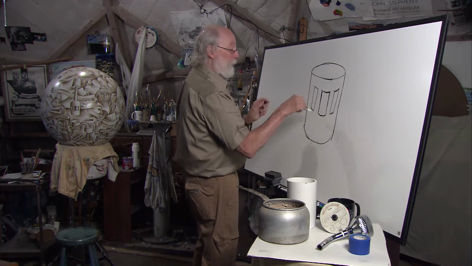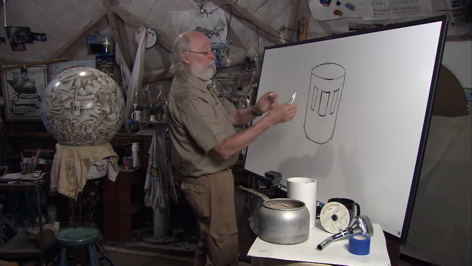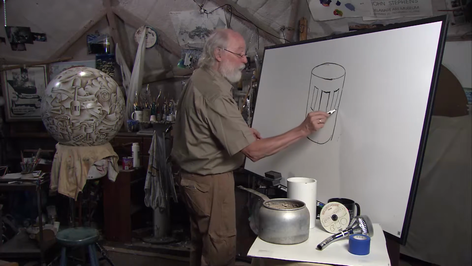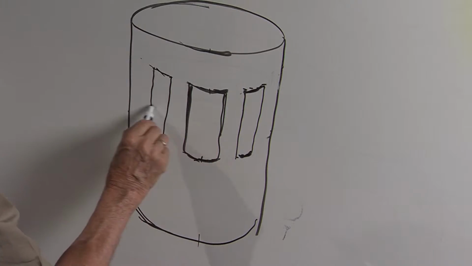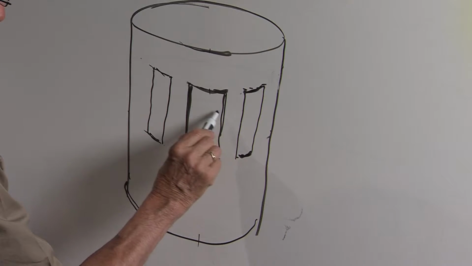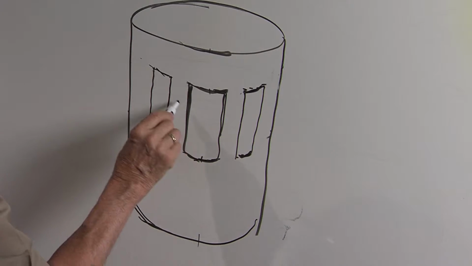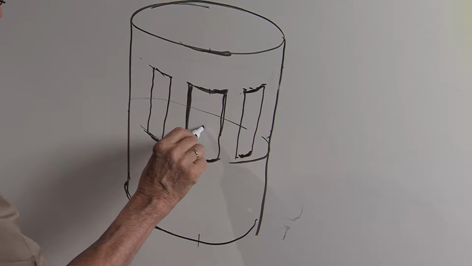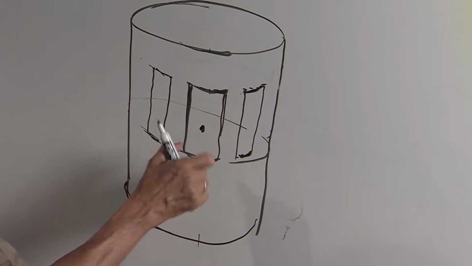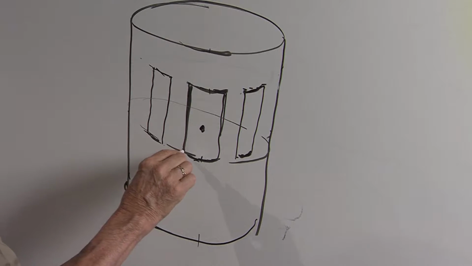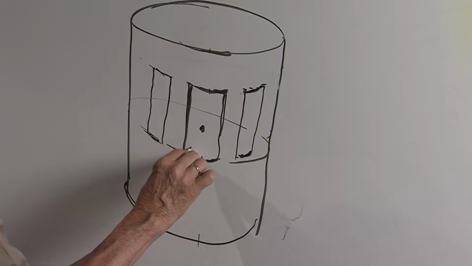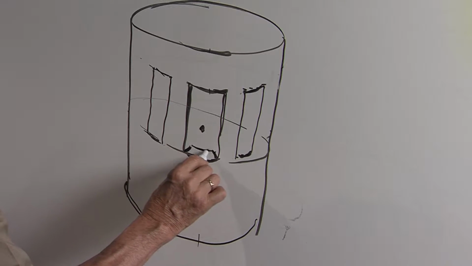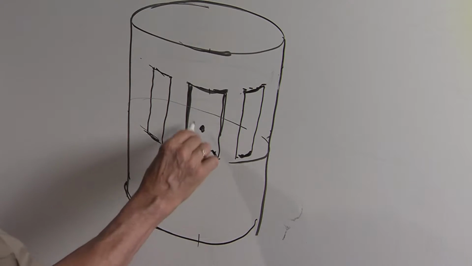Okay, and then how do you get the thickness of these windows in here? If you think about this rim right here, coming around, and if it actually continued all the way around, the center of that ring right there would be about right here. That's where everything has to project to for this plane. Okay, so this would go back in space like this. It'd get cut off like this with a curve just like the bottom.